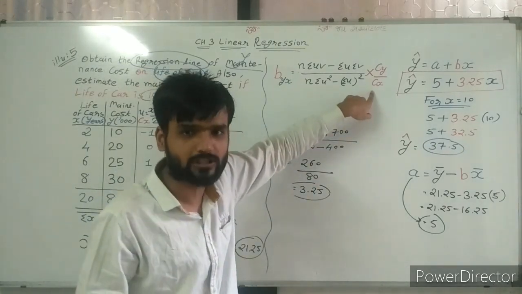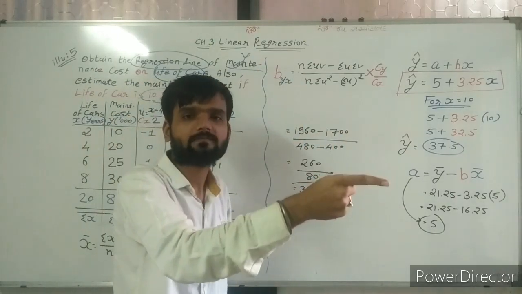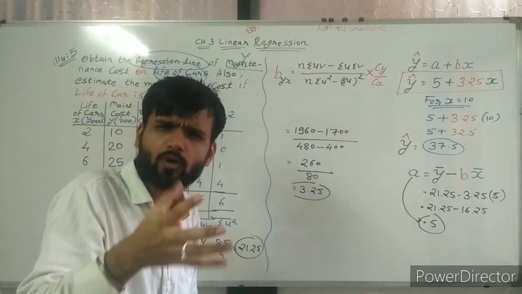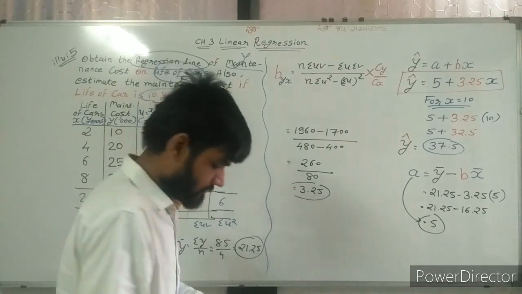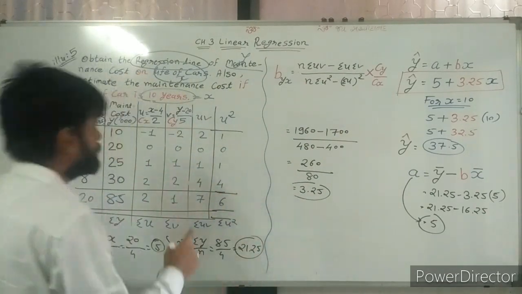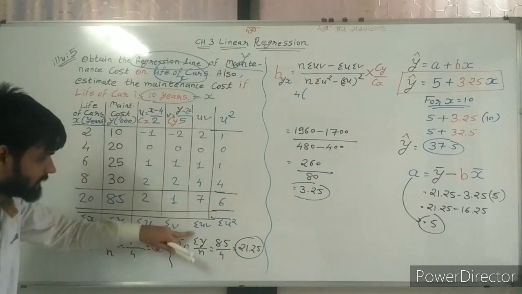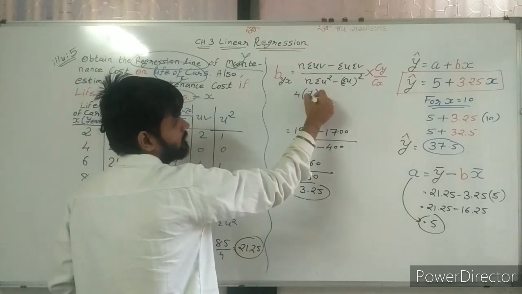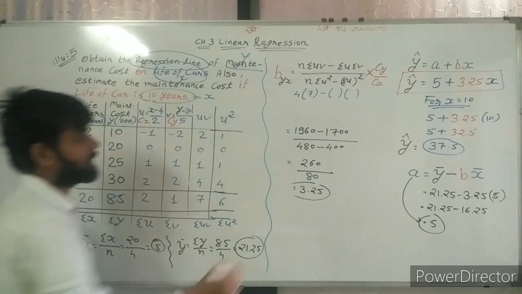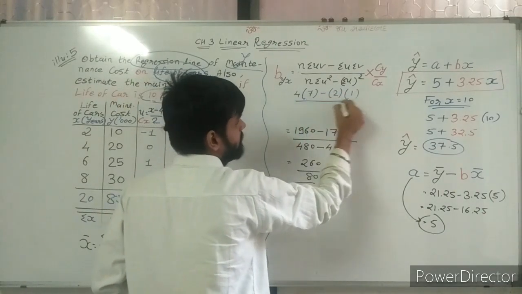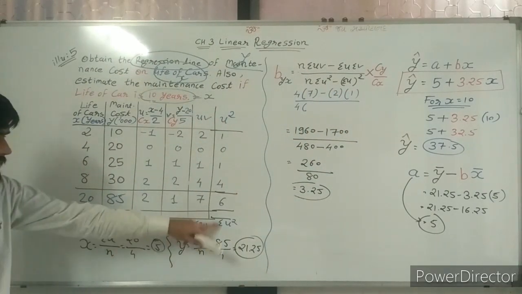So here we have to write Cy upon Cx because here we have divided, and that we have not learned in the last lecture, because that is your first lecture. First of all, try to understand and then the advanced thing. Now putting the values. N, sir, we know n is equal to 4. Sigma uv is equal to 7. Sigma u is equal to 2, sigma v is 1, divided by n, 4. Sigma u square is 6.